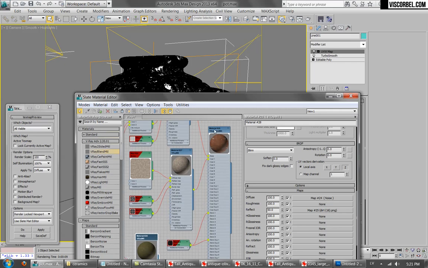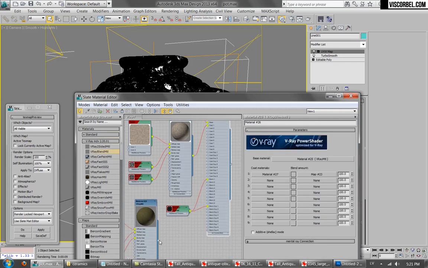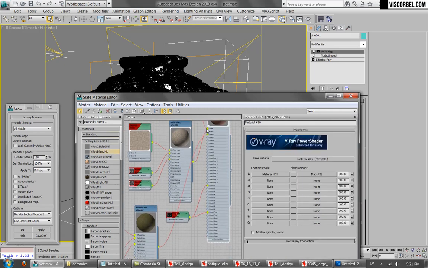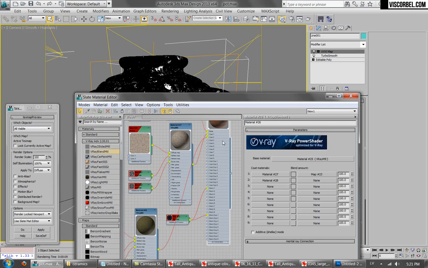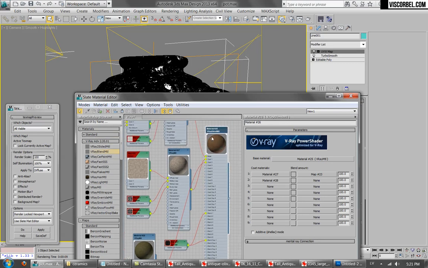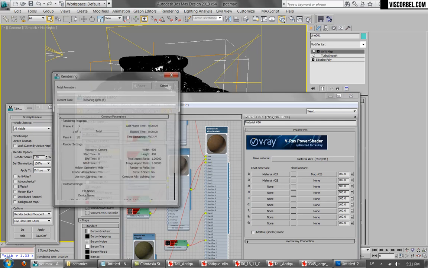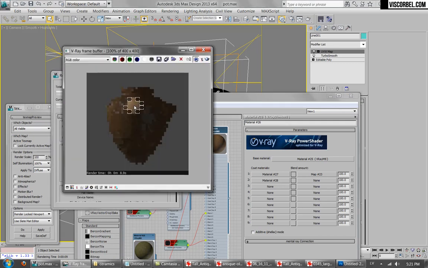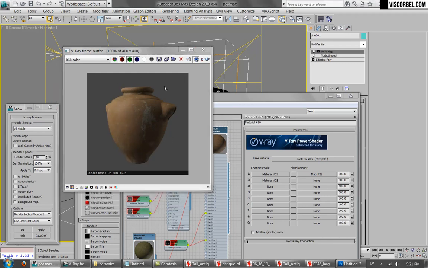Okay, so back to our blend material, and let's connect this one to coat number 2. So this is how it looks right now, and what we need to do is set up a mask for